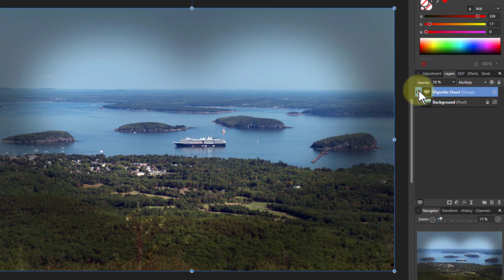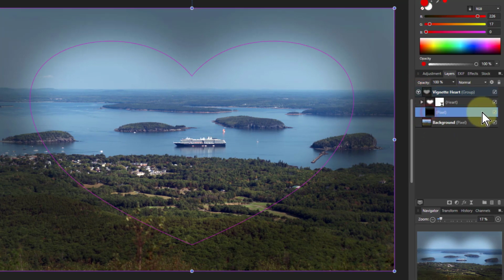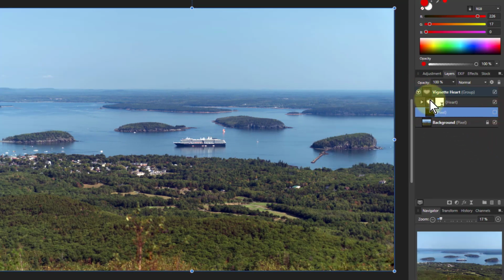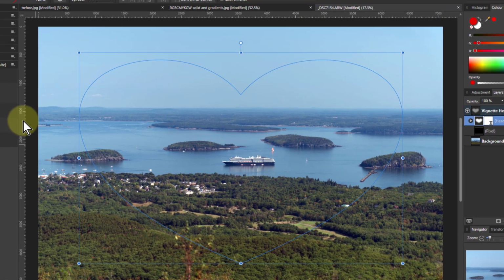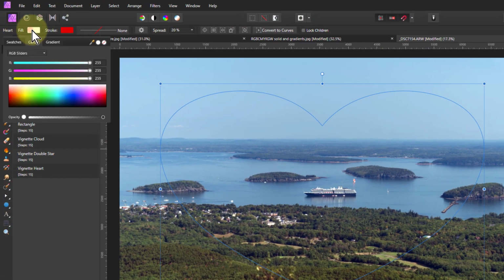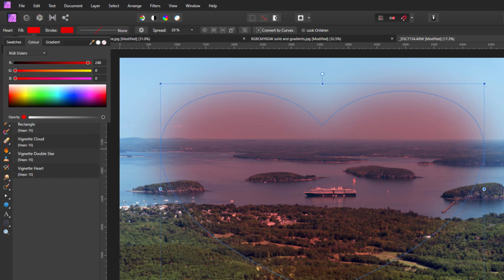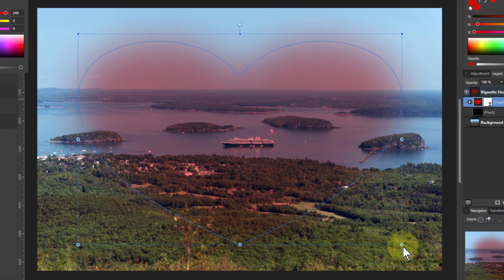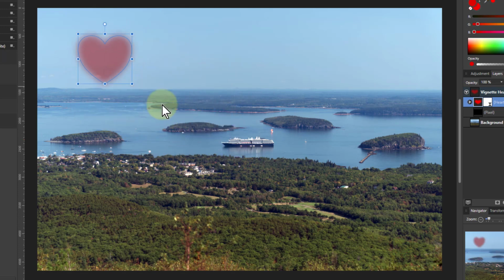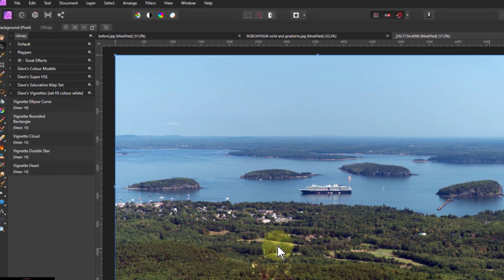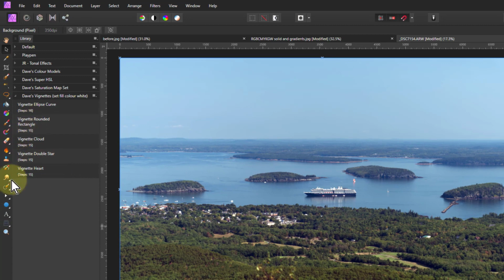And you can even do things like open this up here, say go down to the pixel layer, take that off, go to the heart itself and go to the fill color, and maybe make that a little red heart, which you could even put somewhere, you know, just to show what a lovely picture this is. So there we go, that's a lot of things that you can do with it. And there's one more extra thing. If I take that off here, and that is if I go to the fill color